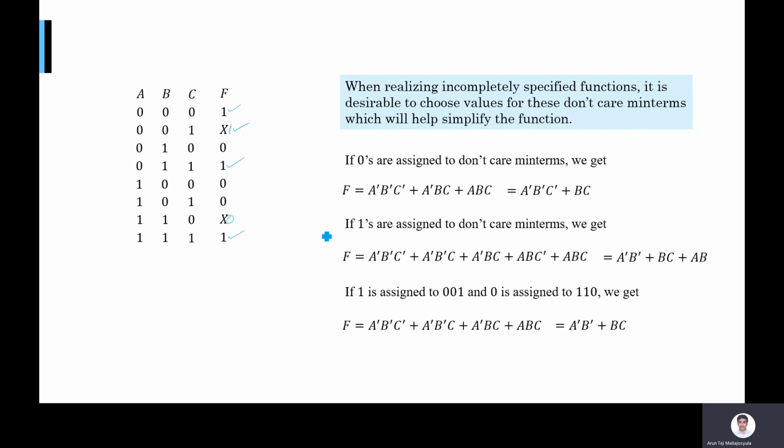Compared to the case where both don't cares are ones or both don't cares are zeros, this is clearly lesser hardware requirement, right? So therefore, what value you assign to your don't care will depend on the minimization, and we can find out easily. How do you do that? What should be given 0 and what should be given 1? That can be easily found out if you know about the minimization technique of Karnaugh map.